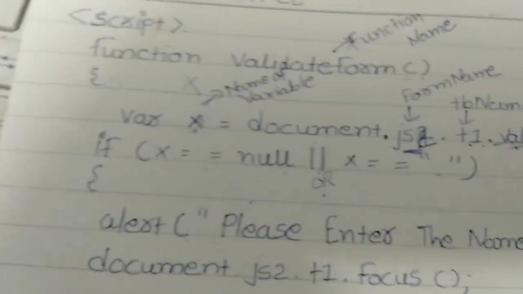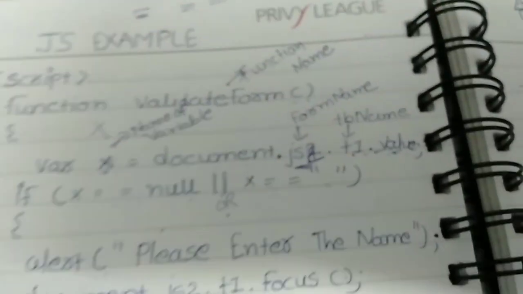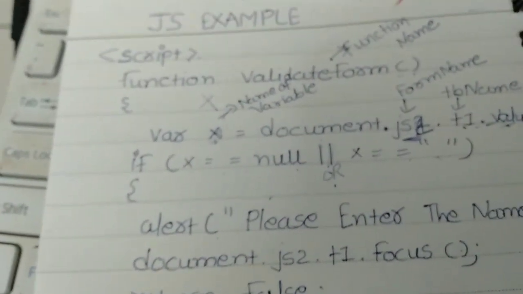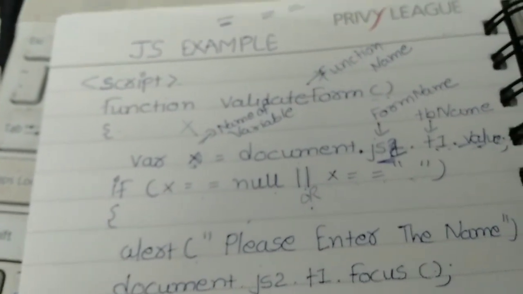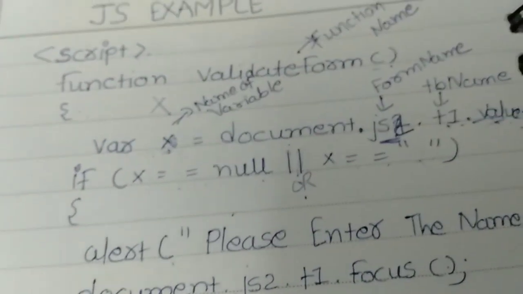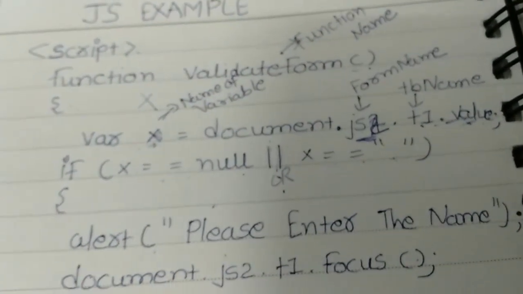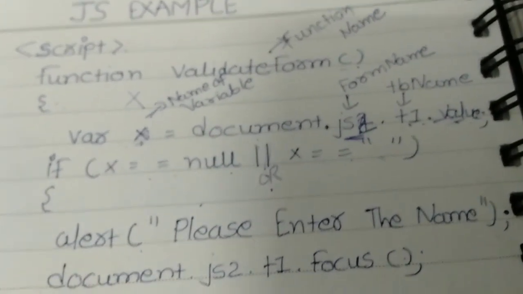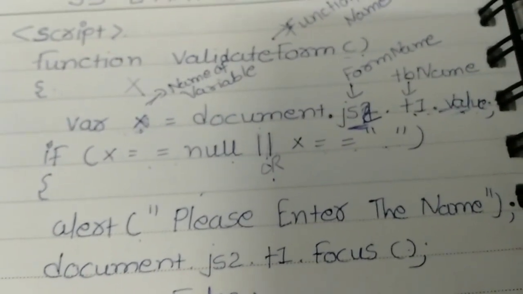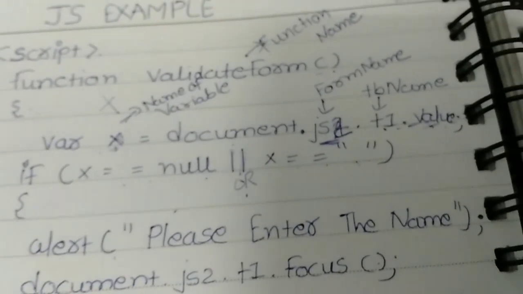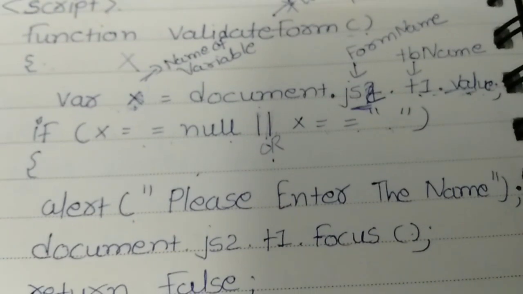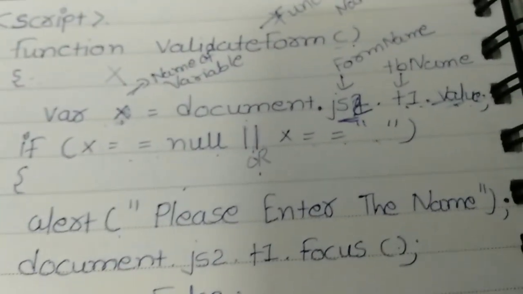That's why I have written document. Document means the whole computer document. We are giving the whole path to our computer. For example, in our HTML form, if you want to apply a background image, then you have to write the whole path to your HTML tag. You have to write the whole path because the computer does not know where your image is located. That's why you have to give the whole path of the image to your computer.